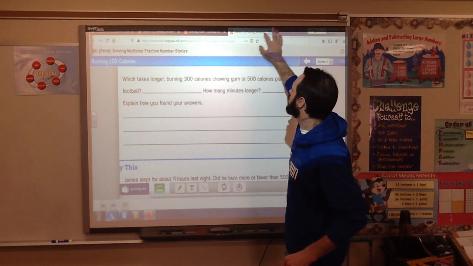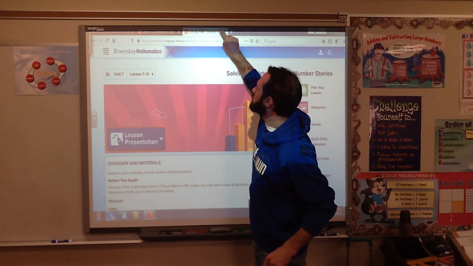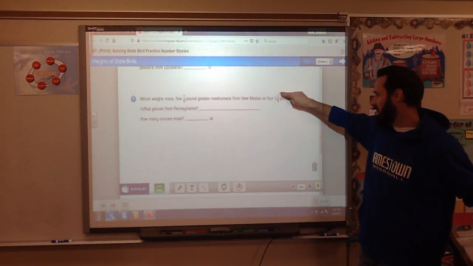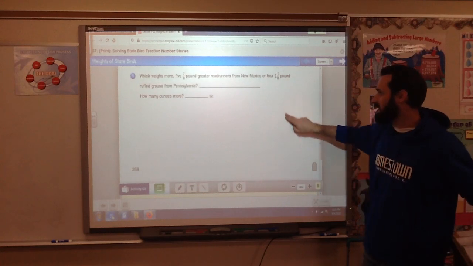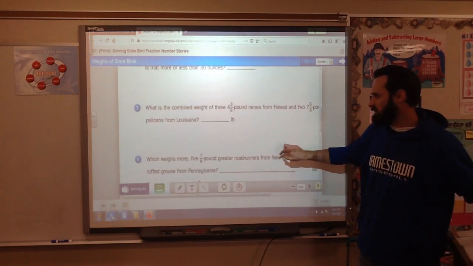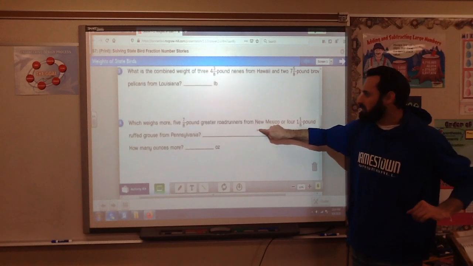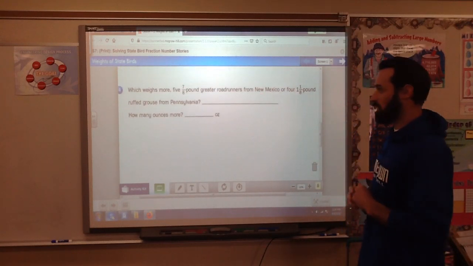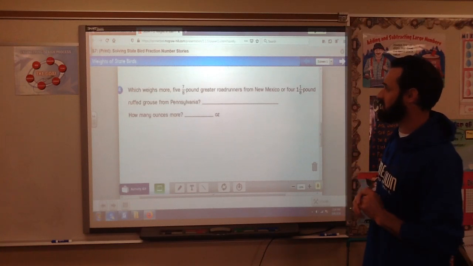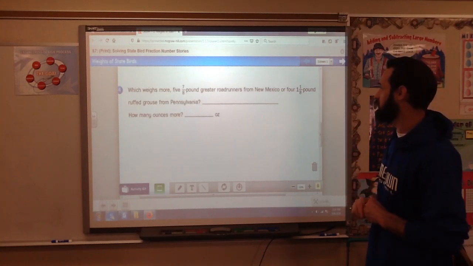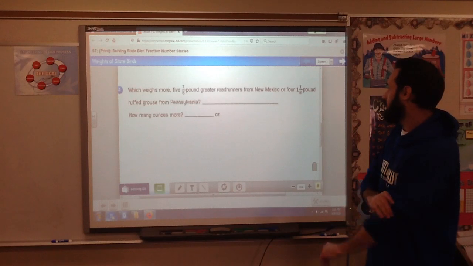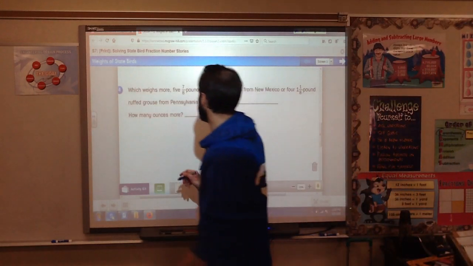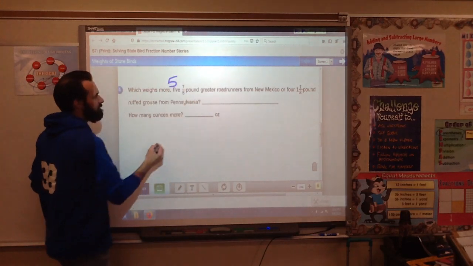We've got one more thing to do today, which is the page that we were working on before. This is page 258 from yesterday. We're going to do 2 problems on here. So, we've got which weighs more. We're not going to do all of it. We're going to do 5 7/8 pounds greater roadrunners from New Mexico, or 4 1 1/8 pound ruffed grouse from Pennsylvania. So right here, you've got 5